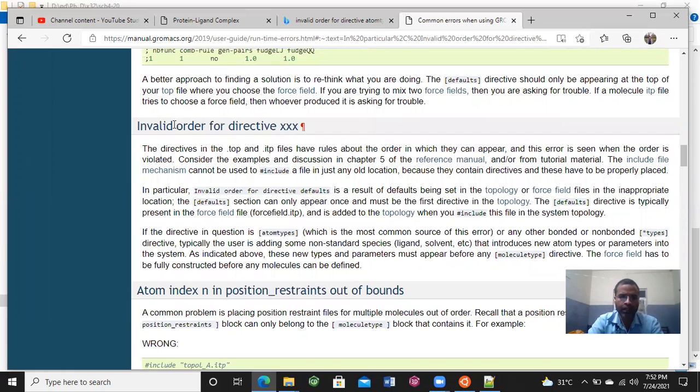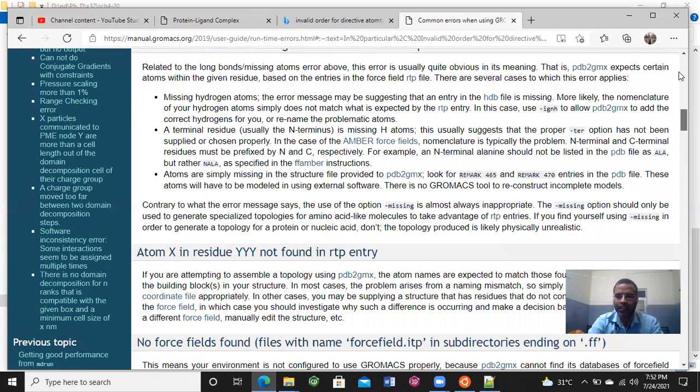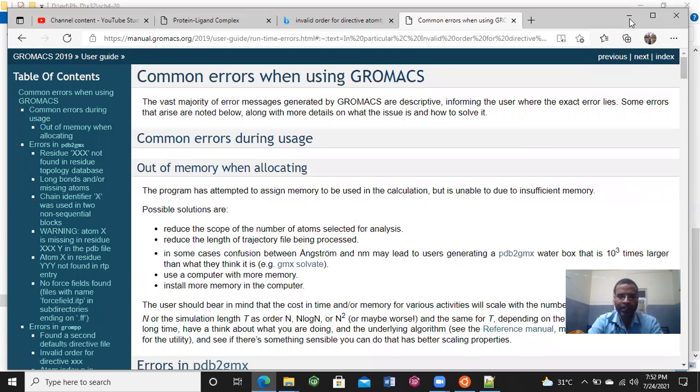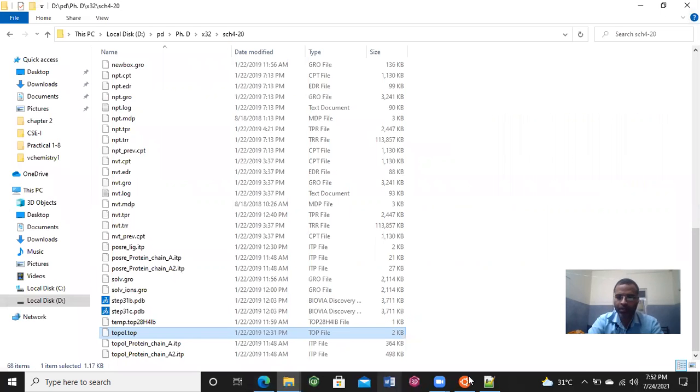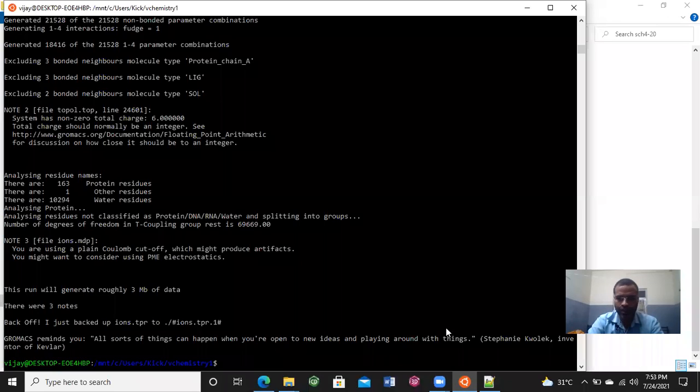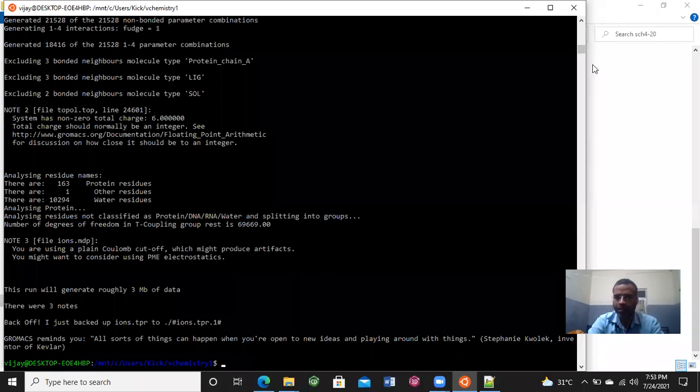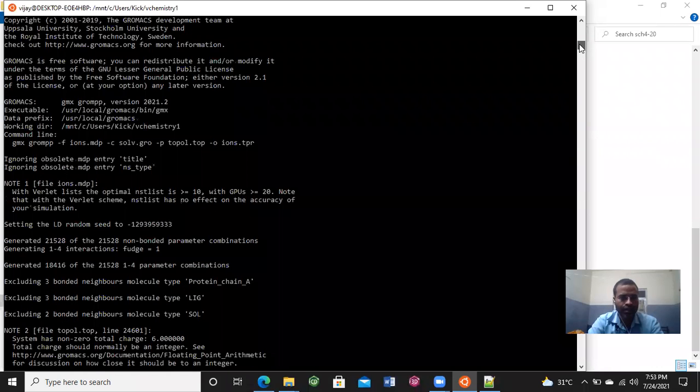In this section we find that it says invalid order of directive, meaning within the topology file we placed the include line at an improper location. That's why I went and checked and found that, and after running the complete command, I came back to the main menu. Here I am showing you. You see that this error is first resolved, and again